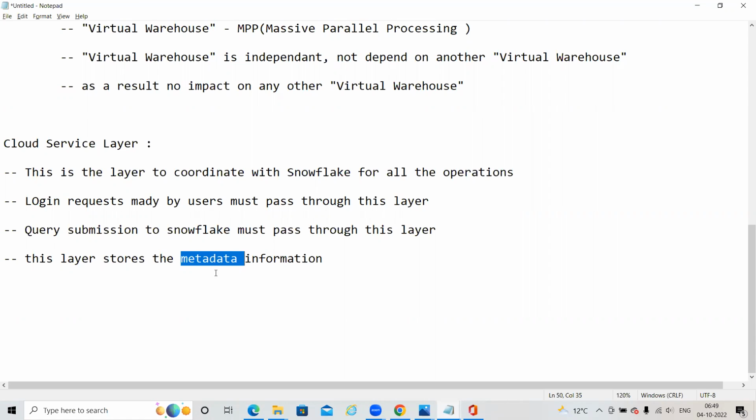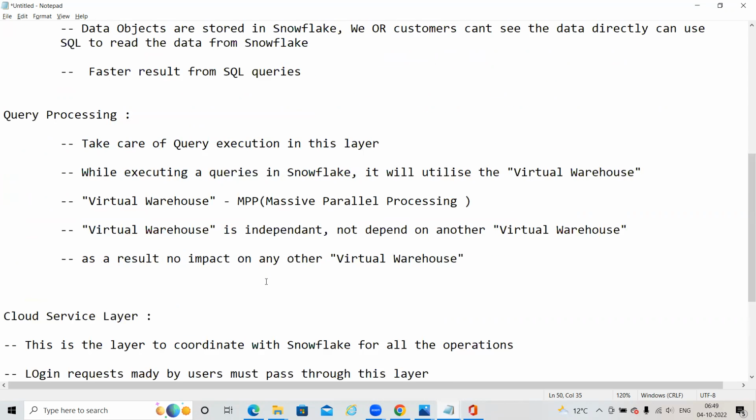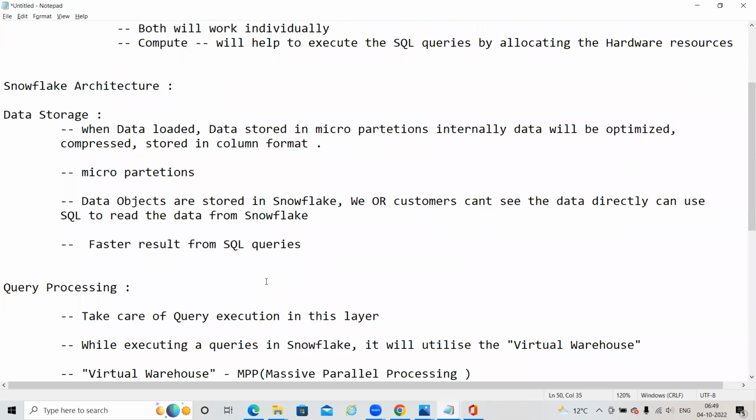That entire information will be stored in the metadata tables. So this is about our Snowflake architecture. Clear?